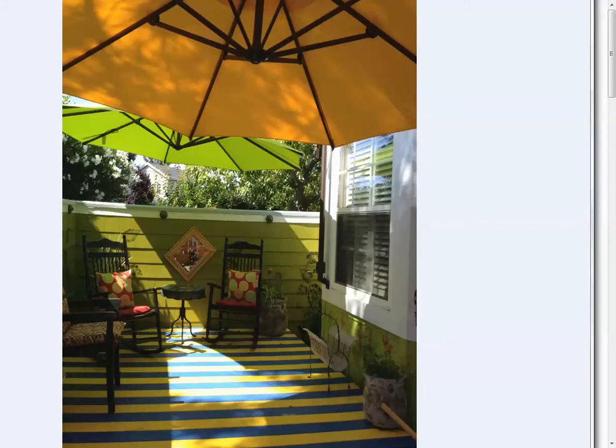Now, I chose these umbrellas for their aesthetic value at least as much as their functional value. The green here was a chosen fabric to match the green of the walls. The orange was chosen to match the orange of the wall that's over here outside of the photo view. But what I observed was that these three umbrellas, of which you can just see two, there's another red one further off the screen there,